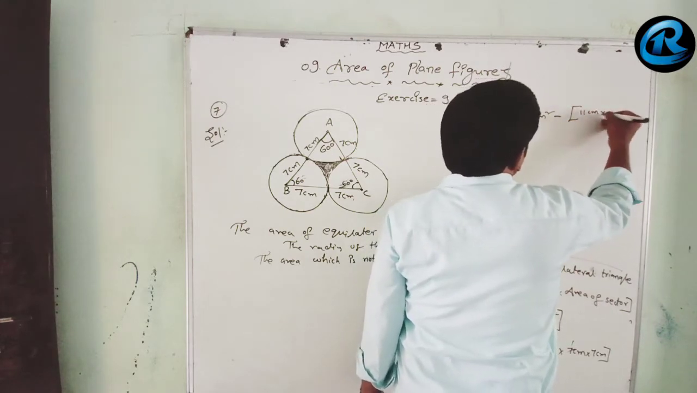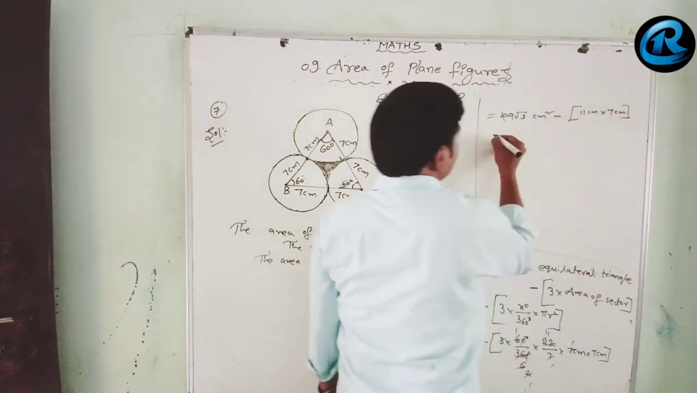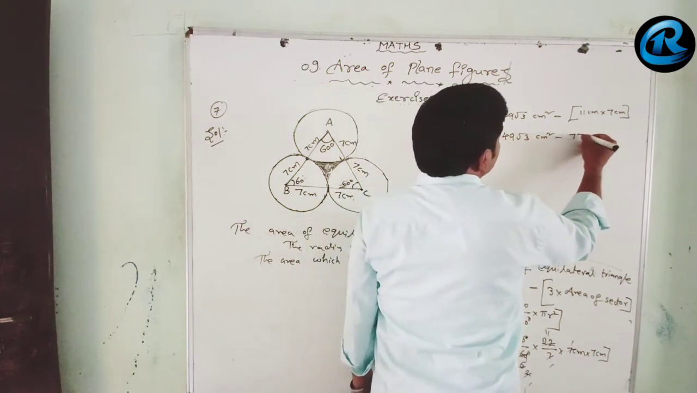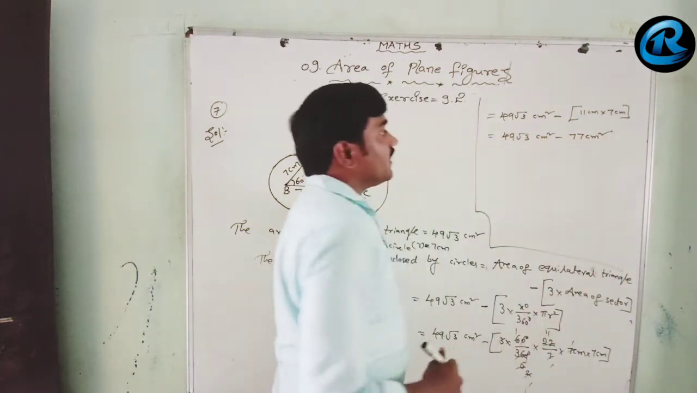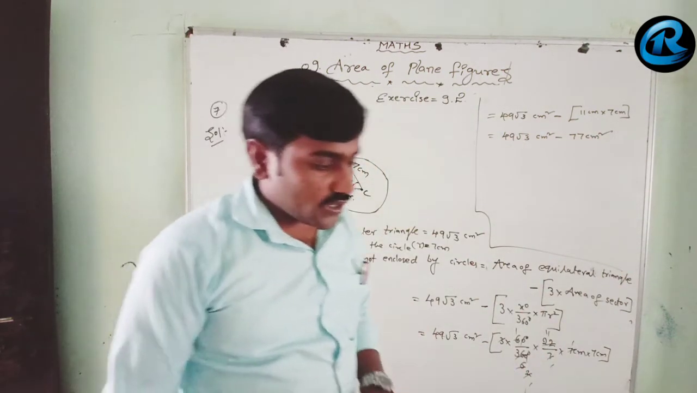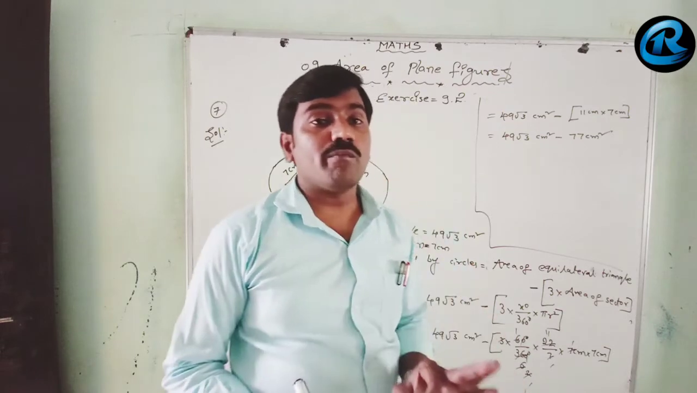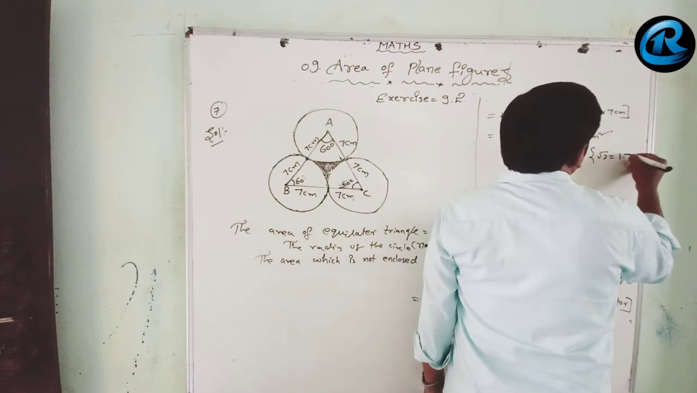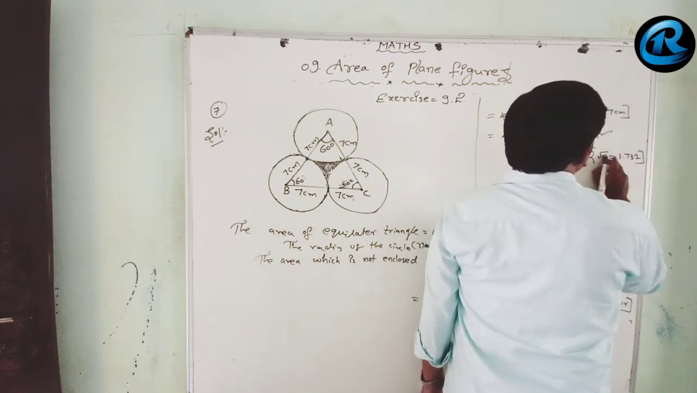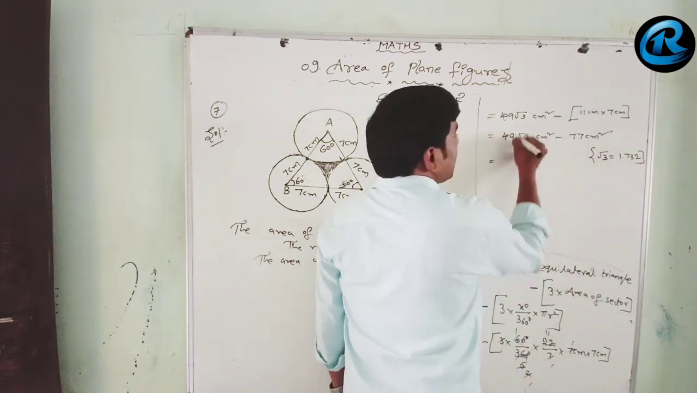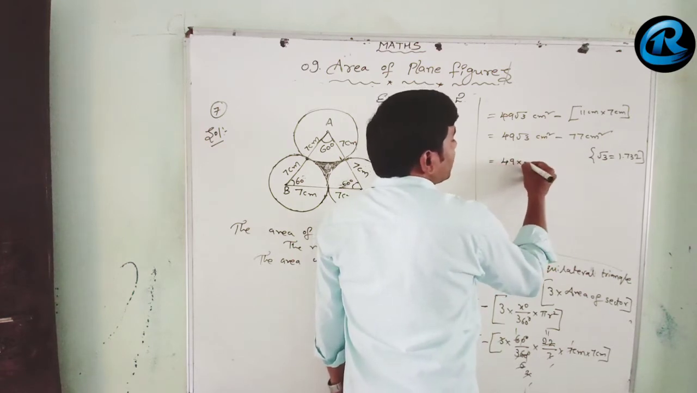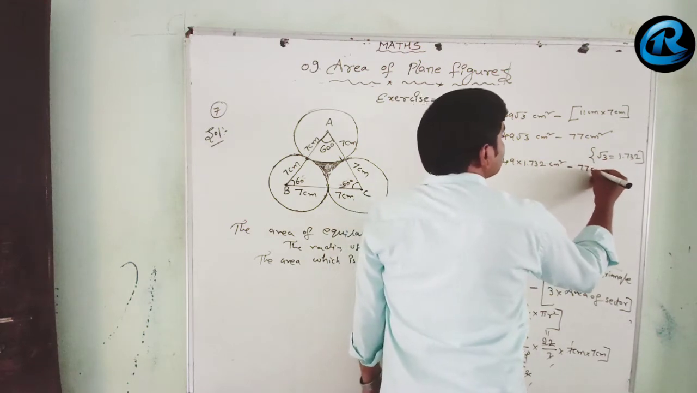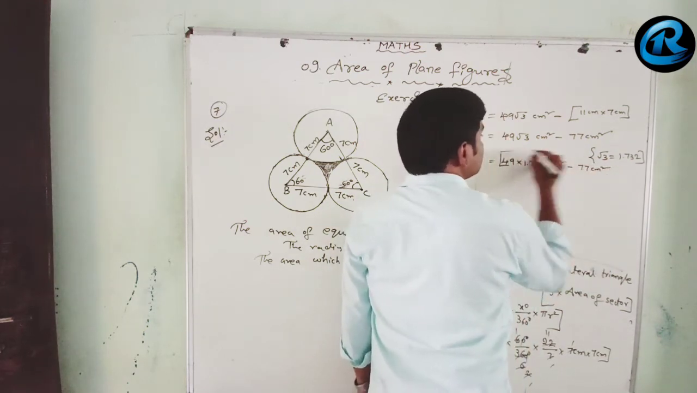11 centimeter into 7 centimeters only left. That is nothing but 49 root 3 centimeter square minus 77 centimeter square. Now here the root 3 value is not given in the question, but root 3 value is 1.732. So we already know the root 3 value, that is 1.732. By substituting root 3 as 1.732, that is 49 into 1.732 centimeter square minus 77 centimeter